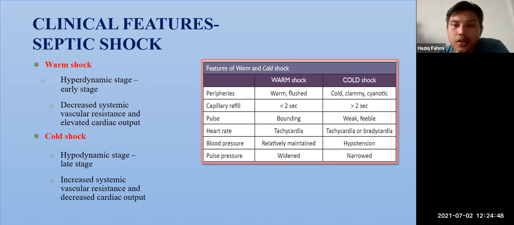The table on your right side shows the difference between warm and cold shock in terms of the peripheries, capillary refill time, pulse, heart rate, blood pressure, and pulse pressure. So next,